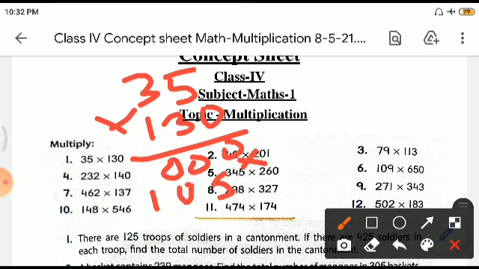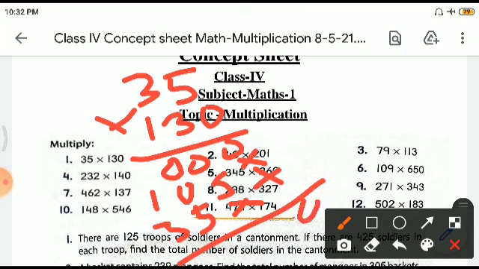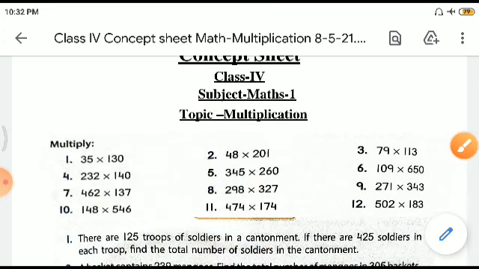It's 105. Now when we multiply any number by 1, we get the same number. So we will write here 35. And now we will be adding it. So here will be a 0, here will be a 5, here will be a 5, and here will be a 4. 4550. And that is the correct answer, right? And this is how you need to do up to question number 12.